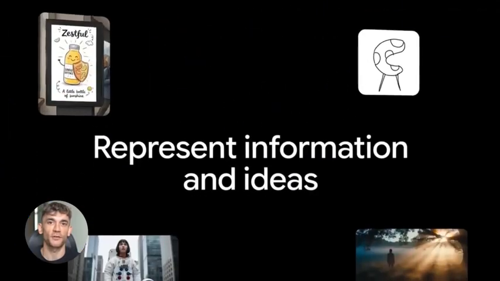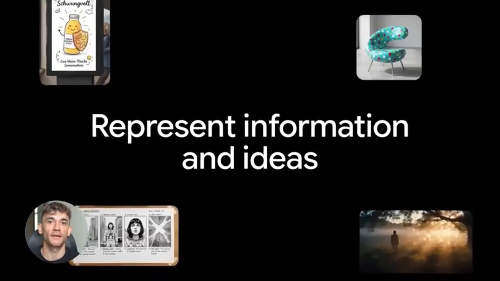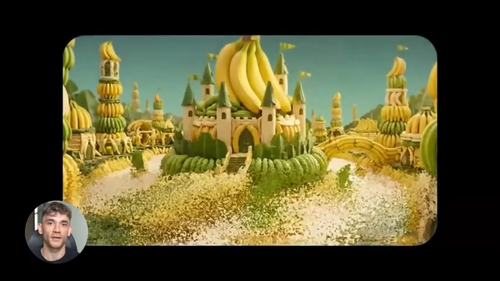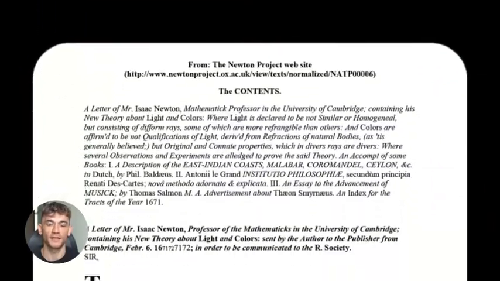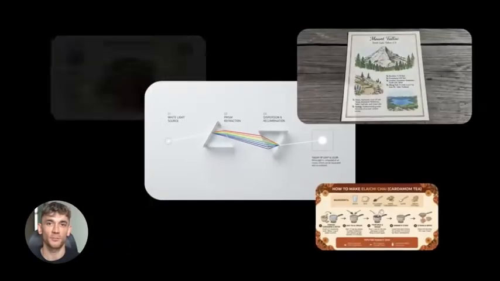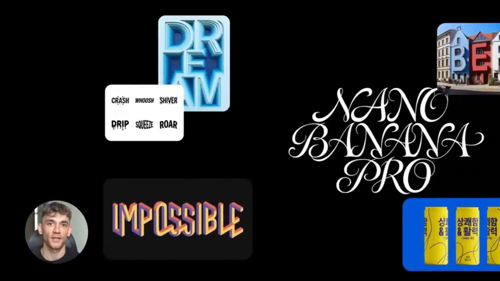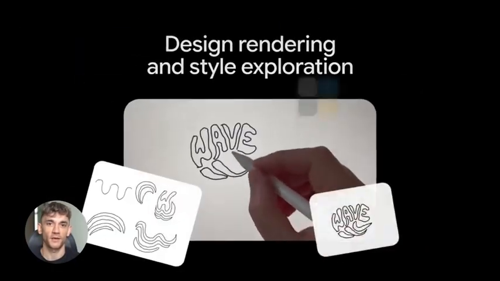Most AI image generators work like this. You give them a text prompt, they make an image based on that prompt, but they don't really understand context. They're just pattern matching. Nano Banana Pro is different. It actually processes your documents, reads the text, understands the relationships between ideas, then generates images that accurately represent that